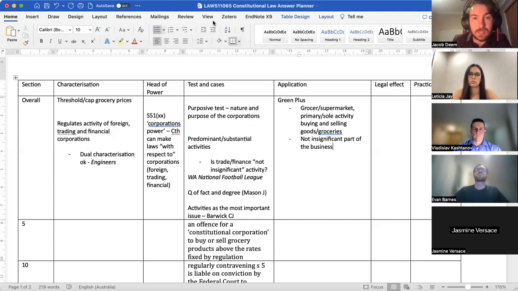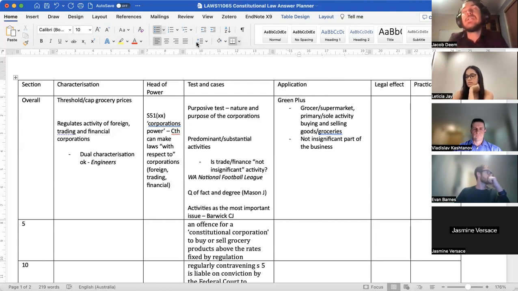I'm just going to quickly catch up in the chat. There seems to be a point that it trades exclusively in the local district. That's a really great point. And here's where the corporations power is really interesting, right? So